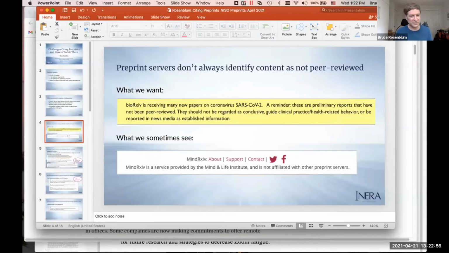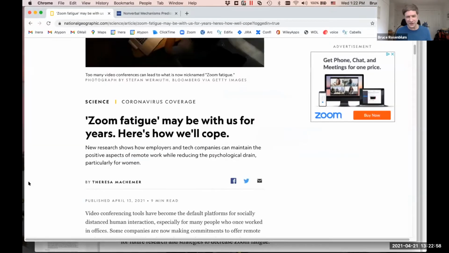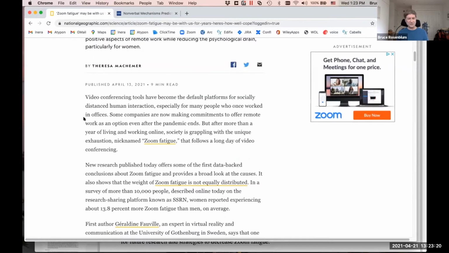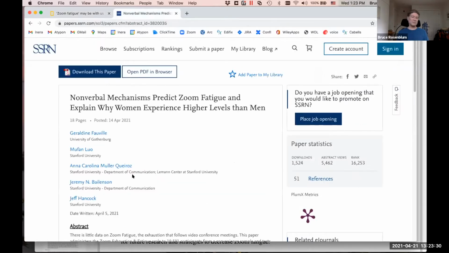I want to bounce out from the slides for a second, and show you something I actually stumbled on this weekend that sort of reinforces the same point. I've been an avid reader of National Geographic for years. I get almost daily newsletters from them at this point. And under their science heading, I think it was last Tuesday, Zoom fatigue may be with us for years. Here's how we'll cope. And I start reading this, and I think this is interesting, especially when I get to the second paragraph and it says, new research published today. So I click on the link, and it brings me to this page on